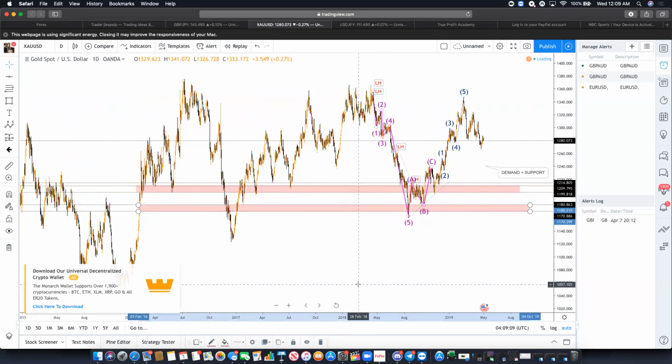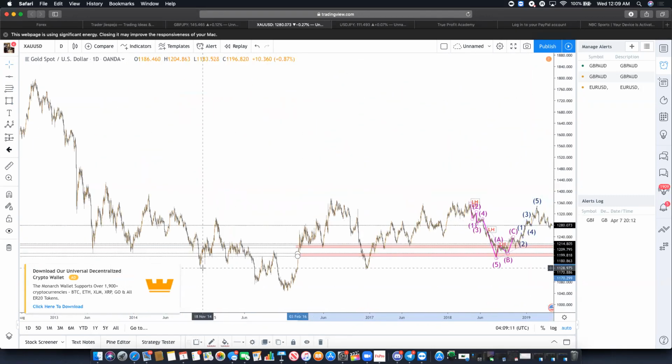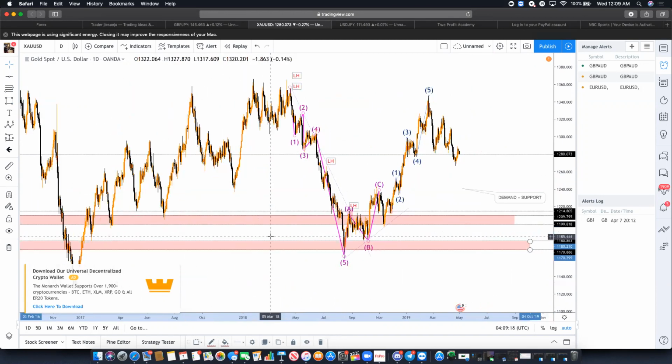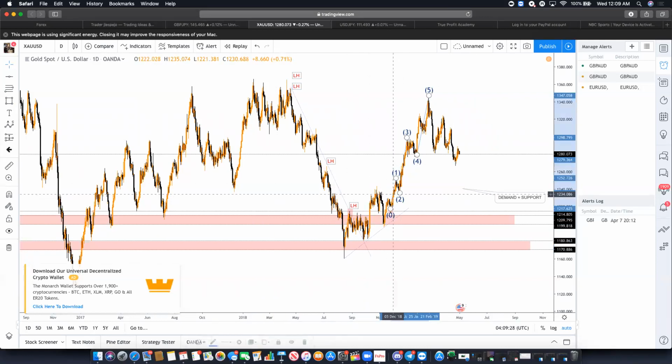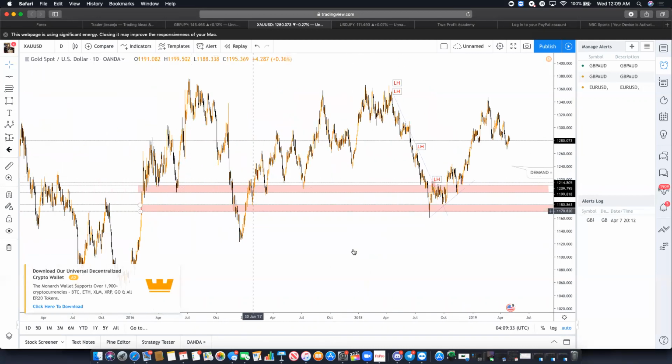How we confirm it? Look left. Does it make sense? Here's the fake out. Here's the retest. Market shot up. Here's the fake out. Here's the retest. Market shot up. We're good. Right? Here's one zone. I'm going to delete this. I'm going to delete this. I'll also delete this for now. These are our bottom zones.